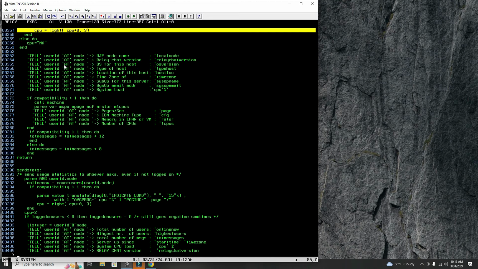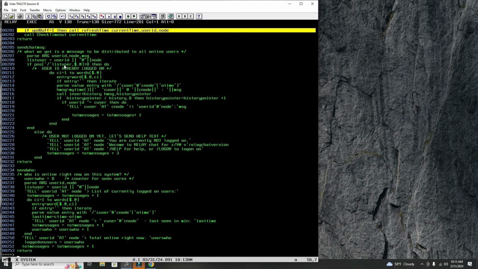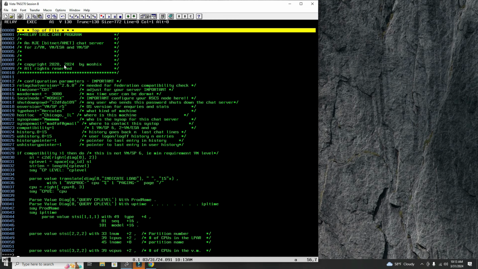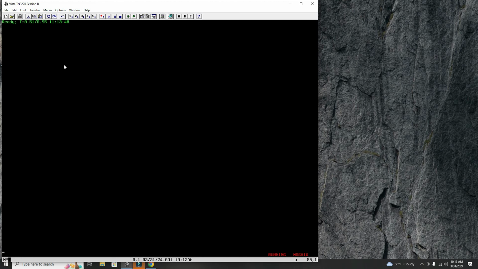It has a bunch of features, and maybe the best way for you to see what it can do today, before we add new features, is for me to start it and then connect from another user on the same machine, but he could also be a user on the other side of the planet, and show you what it can do. Okay, so this just started, Relay Chat version 2.6.0,